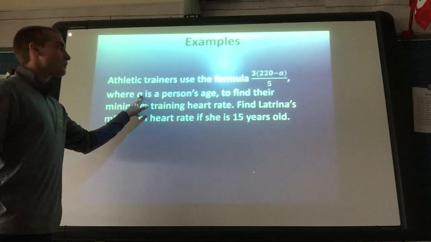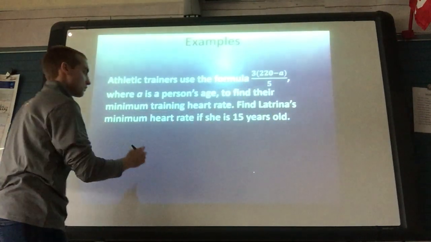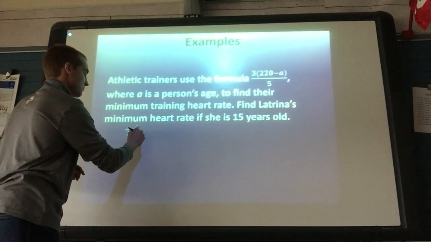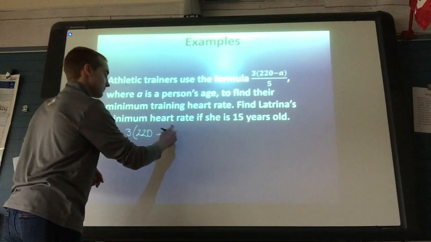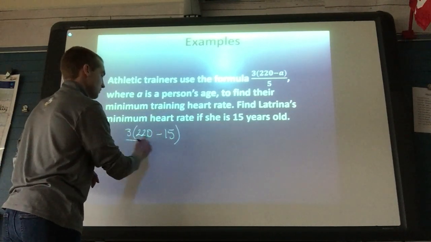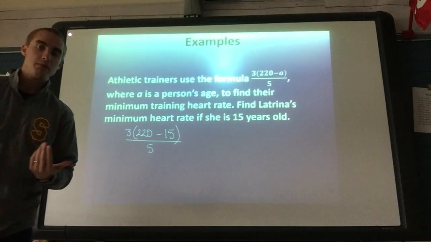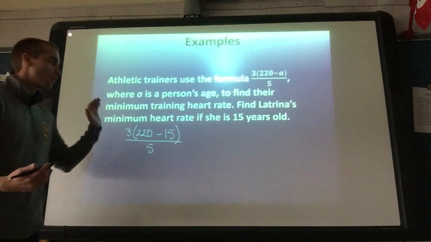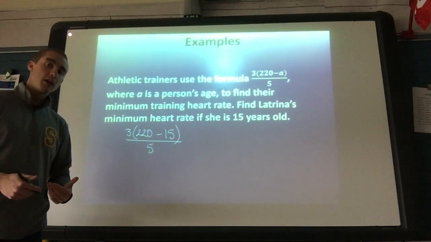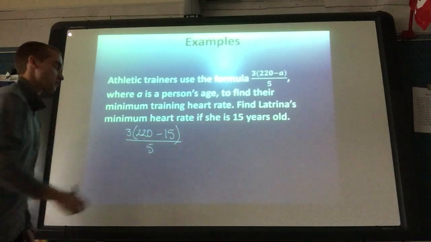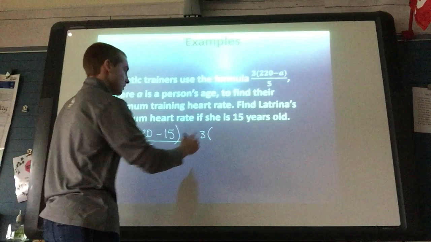So A is someone's age. Latrina is 15. We're going to plug in 15 for A. And so 3 parentheses 220 minus 15 over 5. Now, anytime we have a division problem or a fraction, we need to get one number on the top, one number on the bottom, and then we can divide. And so we're going to do everything on top first. So 220 minus 15 would give us